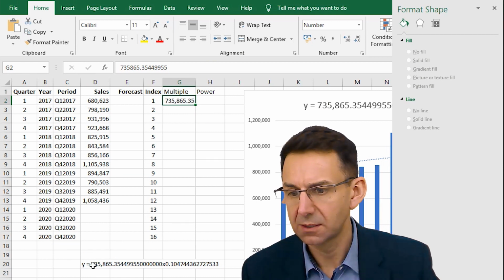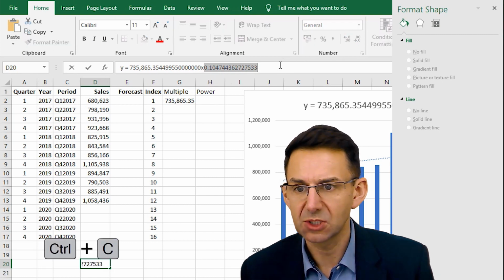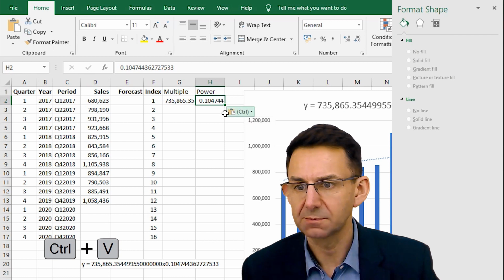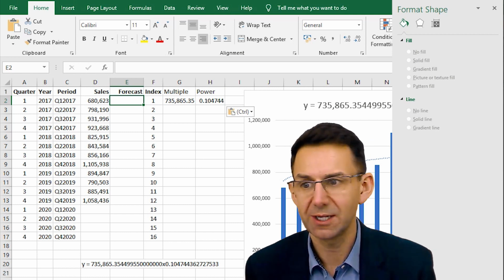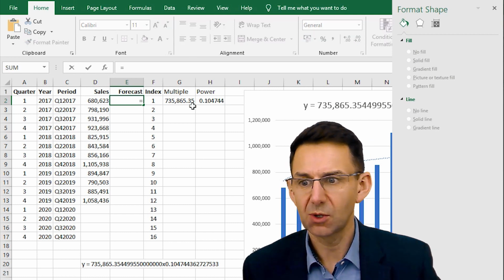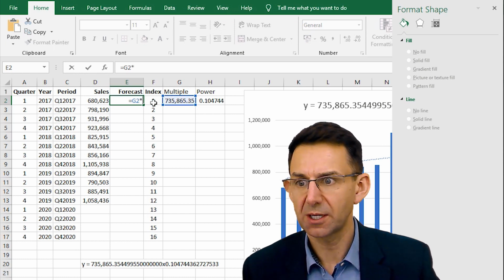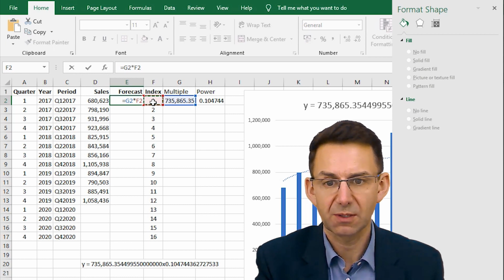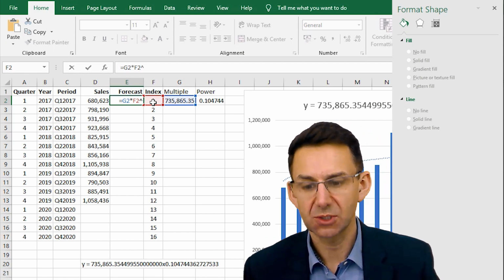Our power is the next value, which is that one. And we'll put that there. So our equation in the formula box now, in the forecast box, sorry, is going to equal our multiple times by our index. So that is our 735865 times our x to the power of, which is this symbol there,